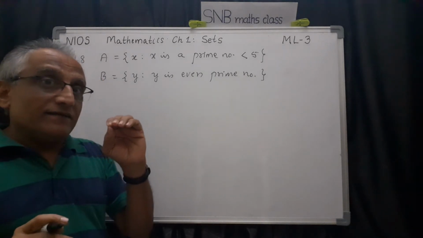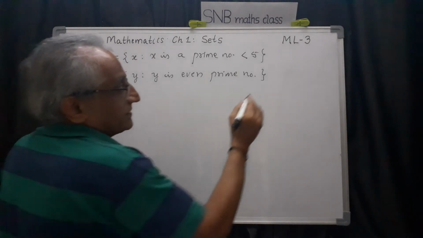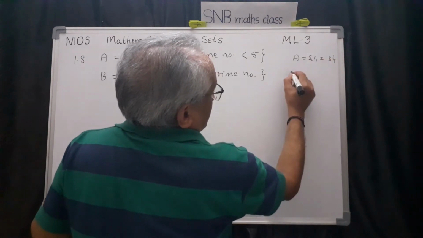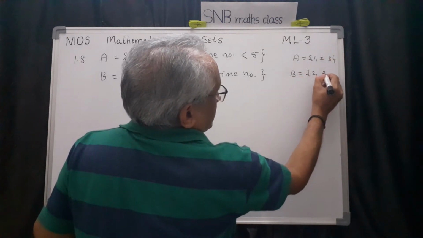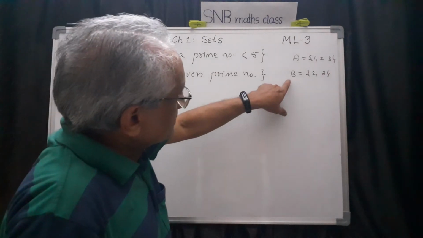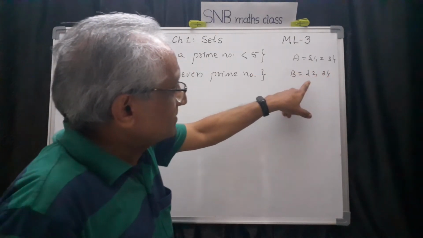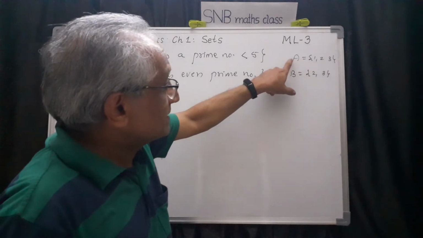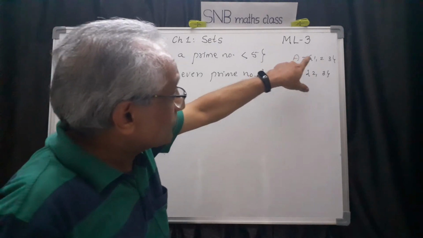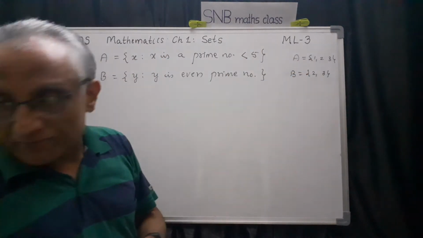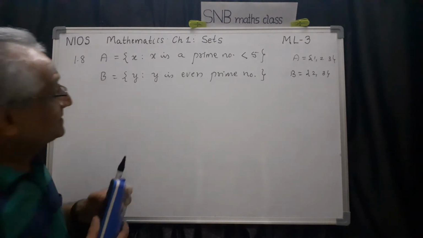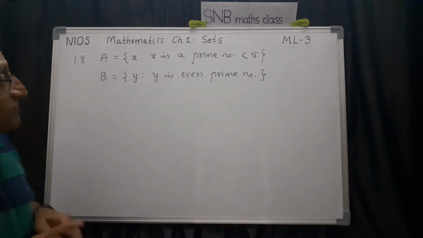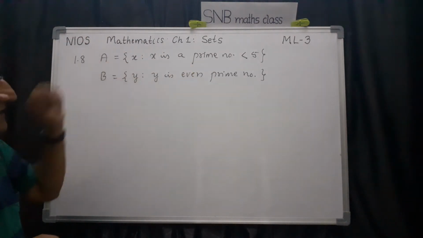Now first let me recall what is the meaning of proper subset. Suppose A is a set, say for example 1, 2, 3, and B is a set, say for example 2, 3, then definitely B is the subset of A, and this is called the proper subset because A contains at least one element extra. So this set is not same as this one. So this contains some more element, then it is called proper subset. That's the meaning. Now, in order to decide whether A is a proper subset of B or B is a proper subset of A, first we should be able to find the roster form of this set A.